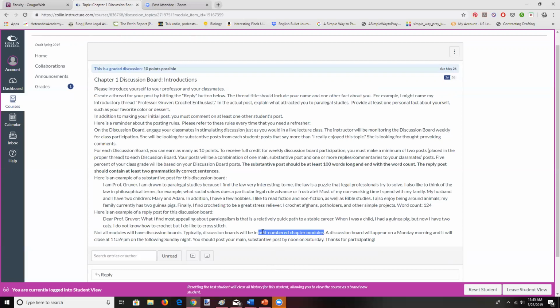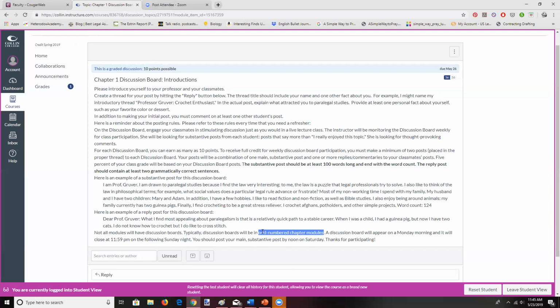In some classes, you have to respond to all of your discussion boards, or if you don't, you're going to lose points. I guess it's not a requirement, but you will lose points. In some classes, even though I may have a discussion board for each module, I'm only concerned with, say, the top 10 of your scores. So again, that's something else to look for.